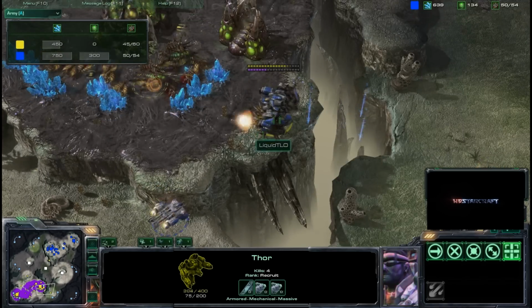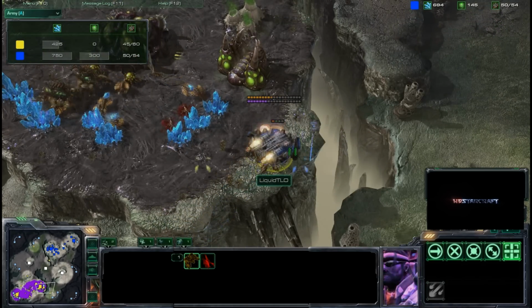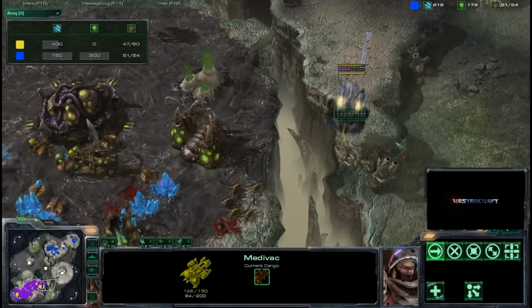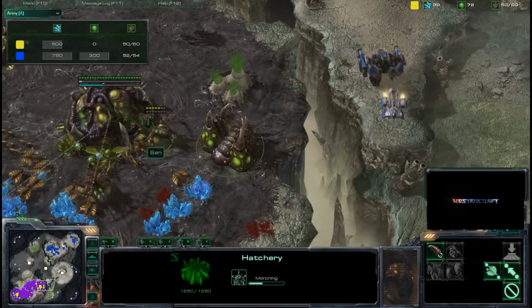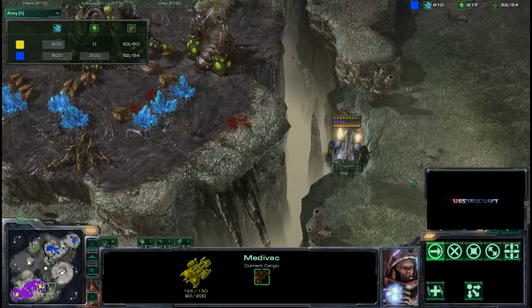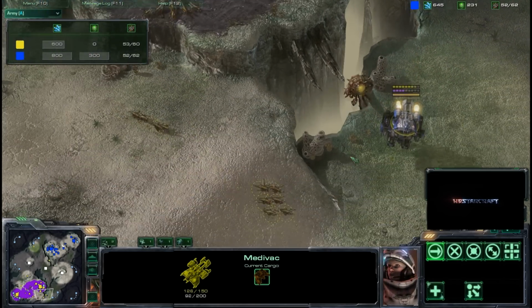If TLO can micro this effectively, is he going to pick up his Thor? He needs to pick this Thor up so he can surround the Zerglings, or not allow the Zerglings to surround his Thor. Really close play right there. We also saw a transfusion used on one of the queens as well. TLO needs to be careful with this Thor, because if he loses this Thor, then that's all